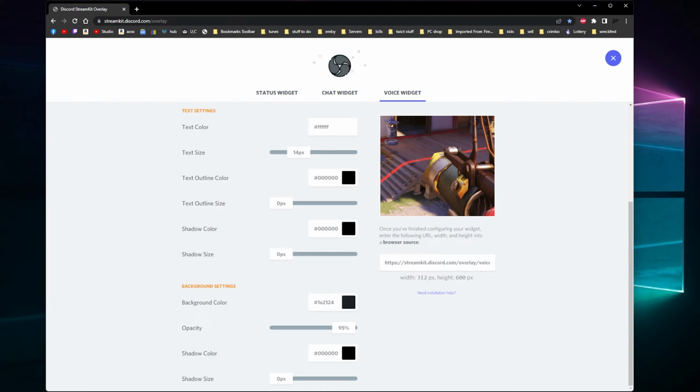You've also got a status widget which pops up top left, which is ideal if you've got a community and you want people to join your game so they know exactly which Discord you're in. Obviously can't click it. And you've got a chat widget, so you can actually display the chat on your Discord on your actual stream, which is cool. I'm not going to show you mine because mine is for 18 plus only, and that's not good for this